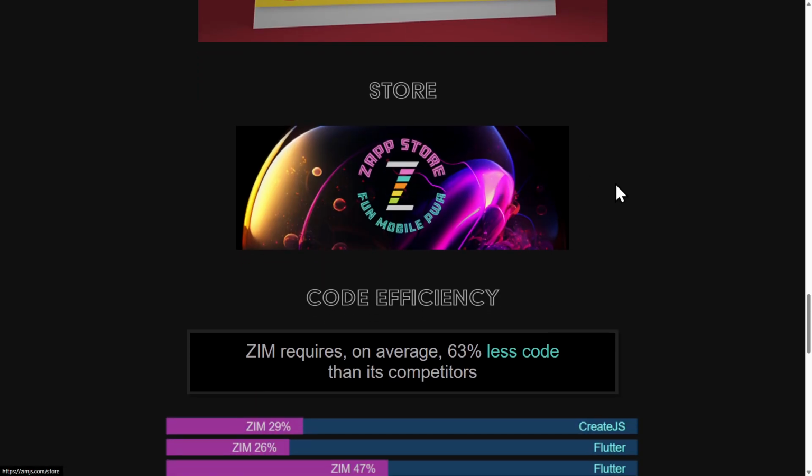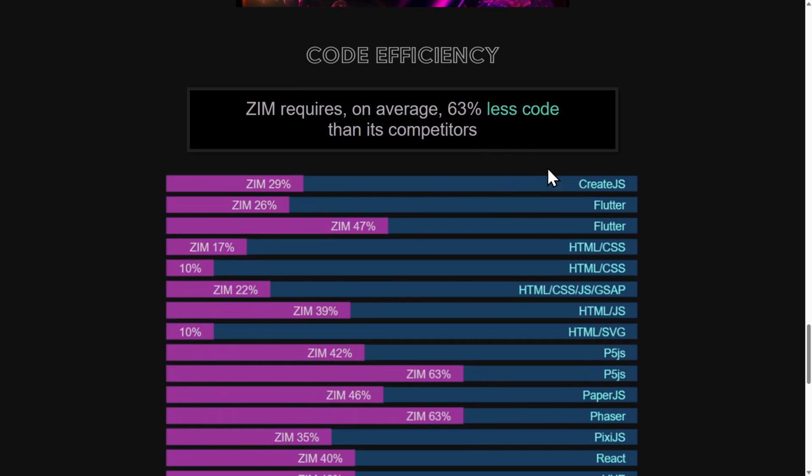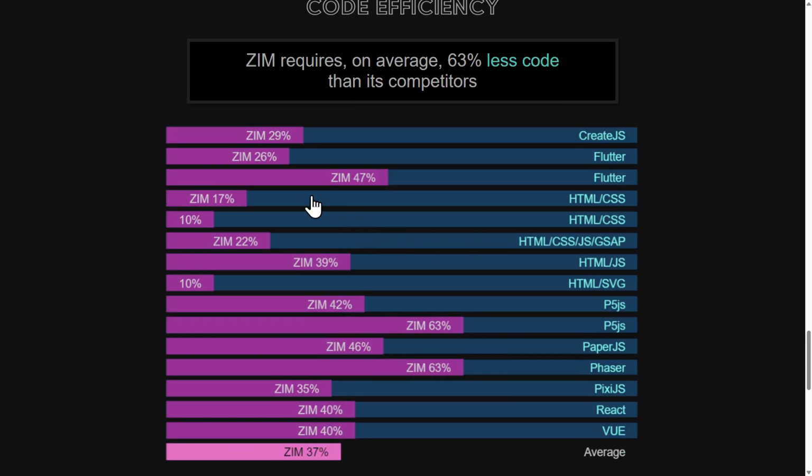We can easily make mobile apps with the Zap mobile tool to make progressive web apps. And we are coming in at 63% less code than other frameworks. This is just a few examples here. If you press this, you'll get more. And even those are, say, 5 years old for the most part,